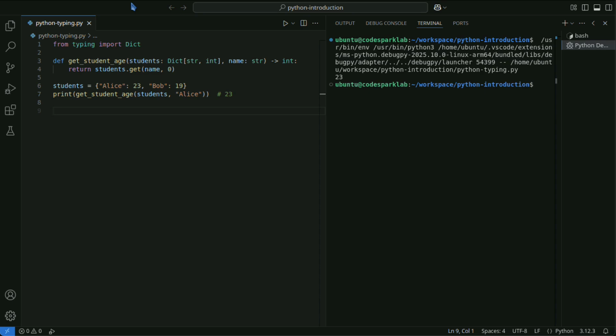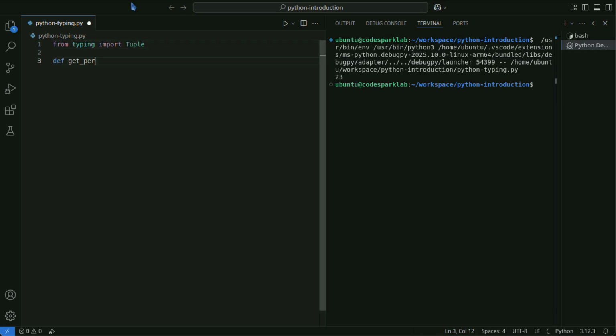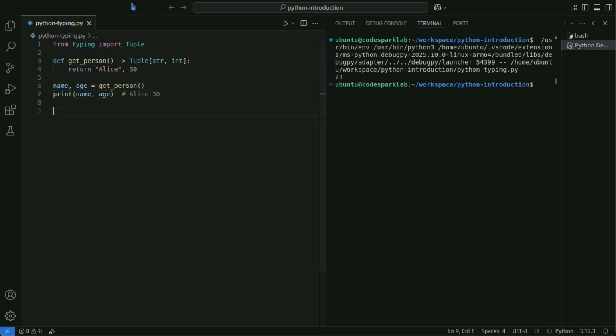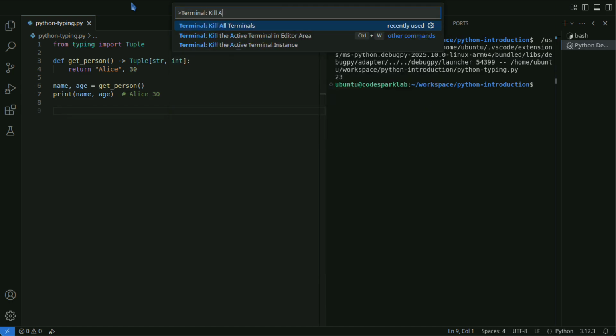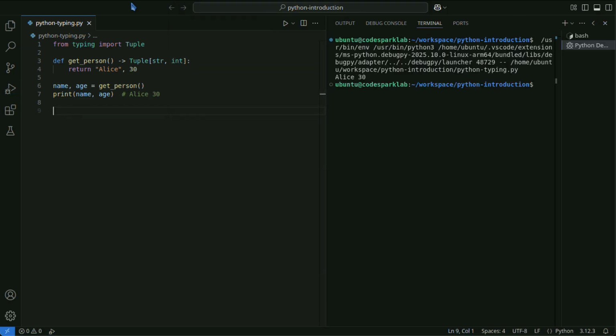Tuples are specified using the tuple type. You can specify the type of each element in a tuple individually. Here, the get_person function is shown returning a tuple containing a string and an integer.